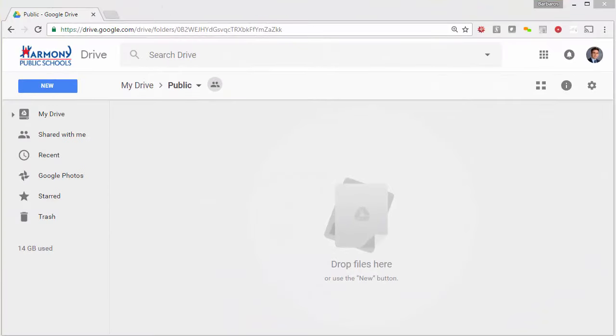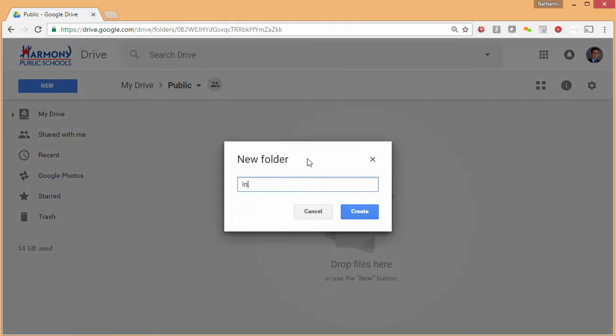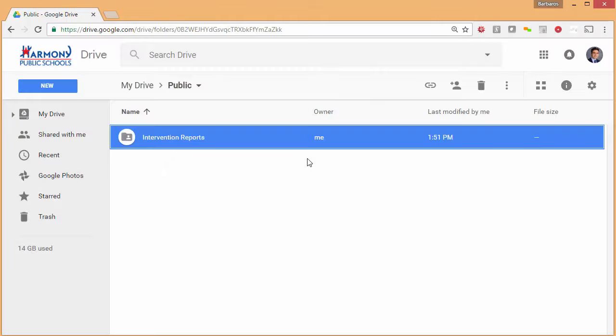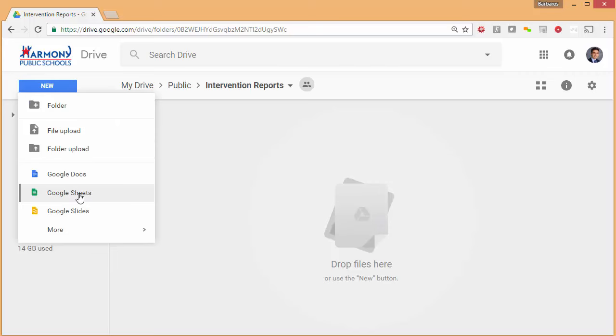Now let's see how Google can be used for online tracking. I recommend you to create a folder to keep your files organized. So right-click, New folder. Double-click. At this point, we're going to create a Google spreadsheet to import our Excel report into it. So we go to New, Google Sheets,